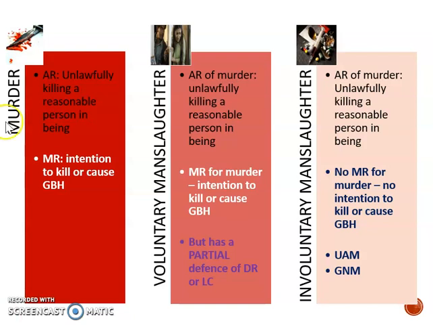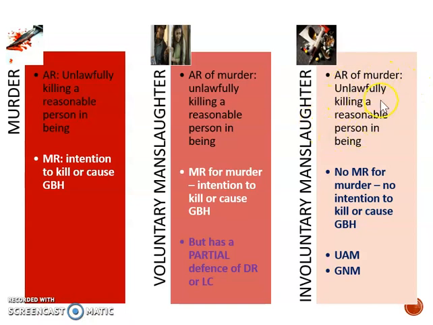Our homicide offences then, we've got murder, which is the unlawful killing of a reasonable person in being under the Queen's peace with malice aforethought, express or implied. We've studied that. We've also studied voluntary manslaughter, which is where you've got the actus reus of murder, so someone's been unlawfully killed. You've also got the mens rea for murder. However, there is a partial defence of diminished responsibility or loss of control, which reduces what would have been murder to voluntary manslaughter.